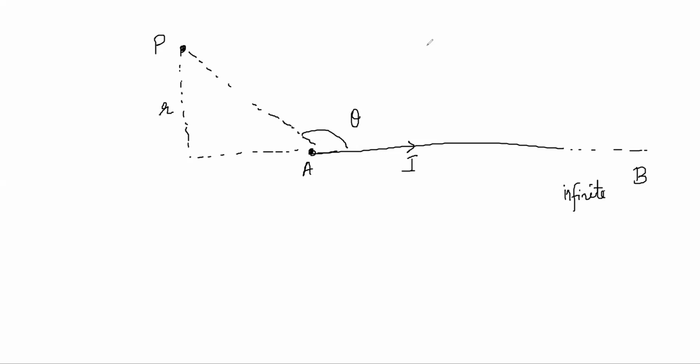So P naught I by 4 pi d cos theta. Be careful about what we have just learned about sine alpha plus sine beta. You have to use that idea. What was the basic derivation? Here, there was some setting. This was the point. You used to do this plus this, alpha or beta.